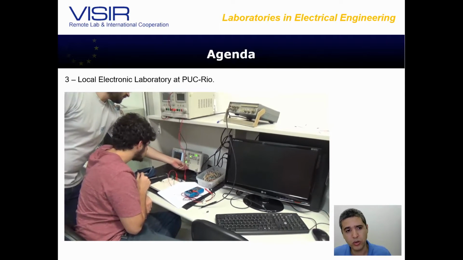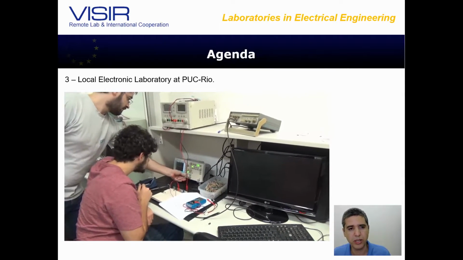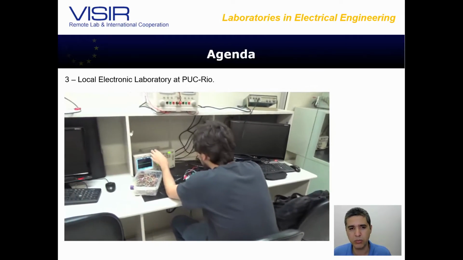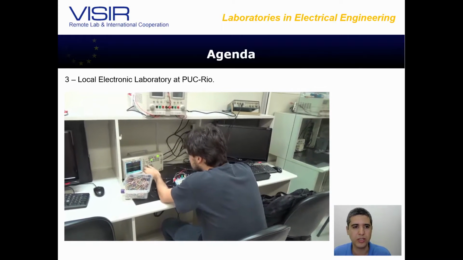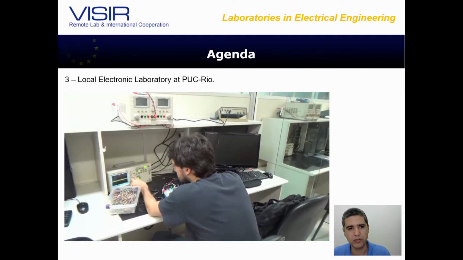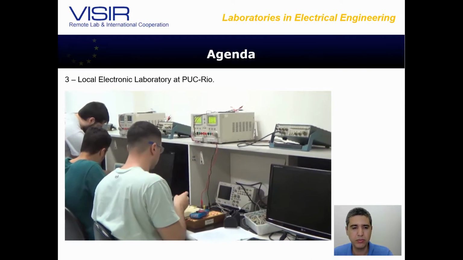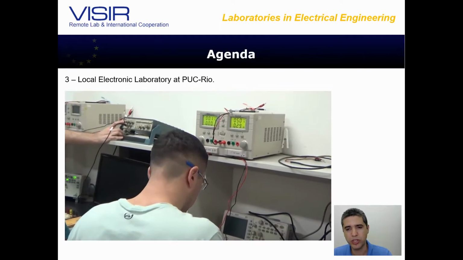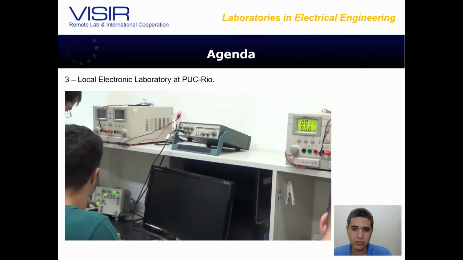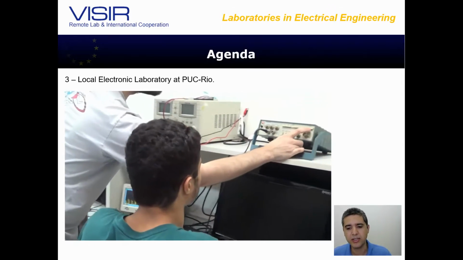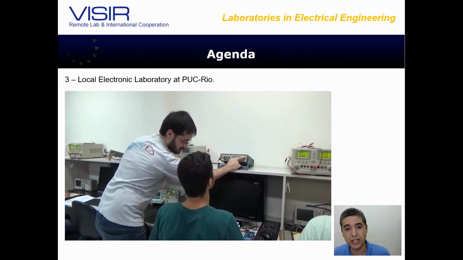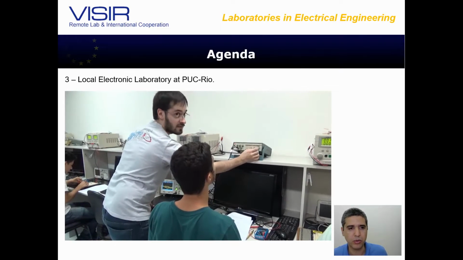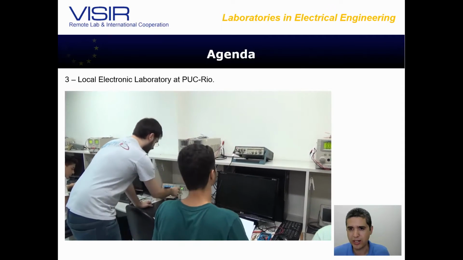So the last part of the activity was to compare the results obtained by the simulator and the remote lab with a local lab. So the students went to our local electronics lab, and they could perform measurements using real components and real equipment. And at the end, they had an idea about the different kinds of laboratories that we have available today. So to summarize,